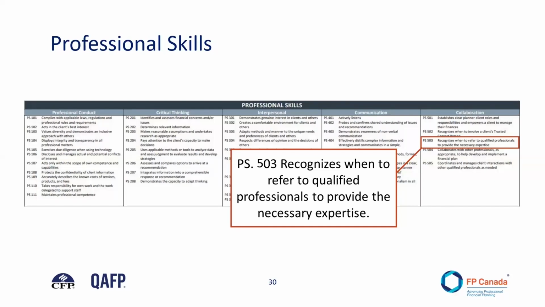It reads, recognizes when to refer a qualified professional to provide necessary expertise. When a client may be seeking the CFP professional's advice on estate planning and the drafting of a new will, for example, the CFP professional would be expected to refer those clients to a lawyer. Some questions may also have an ethical component and could test issues such as client confidentiality, insider trading, or unsuitable investment recommendations.